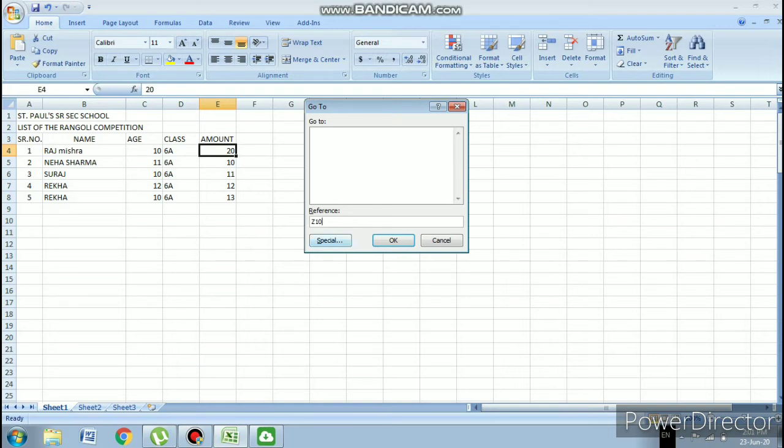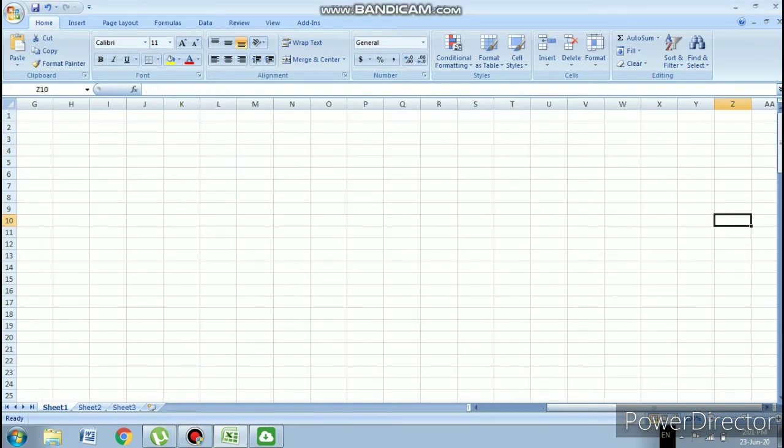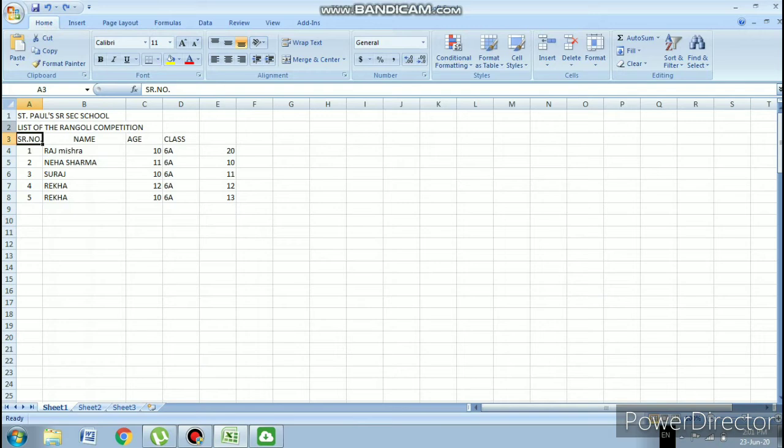I click OK. So now what is my location? You can see column Z and row 10, and I can see my address Z10 in the name box. Again you undo, and when you undo, it will go to your previous position.